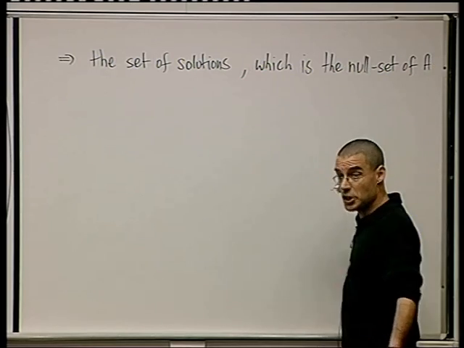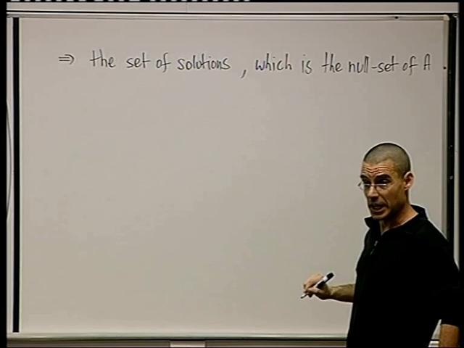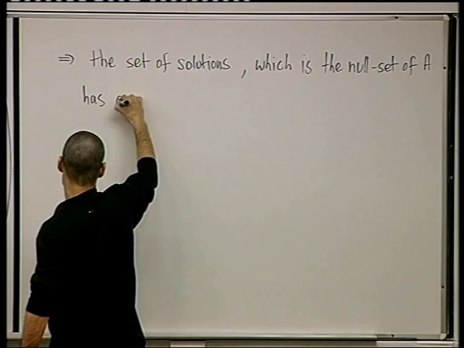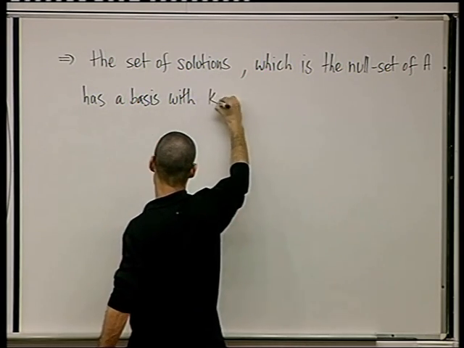That was the definition of a null set: the set of solutions of the homogeneous system of equations for which A is the coefficient matrix, has a basis with k vectors,